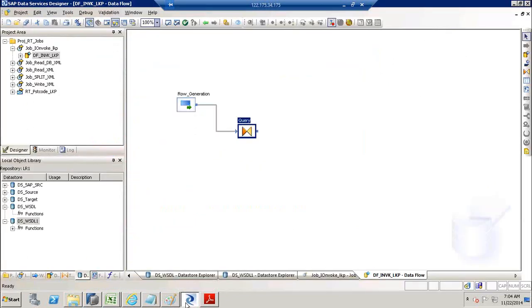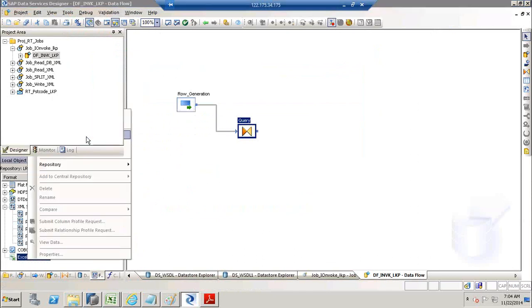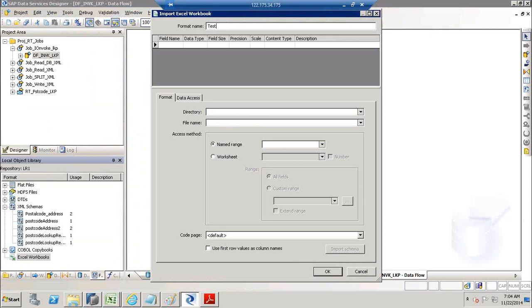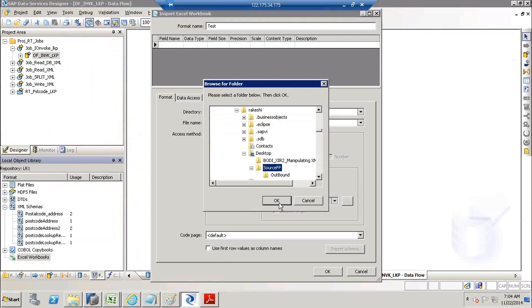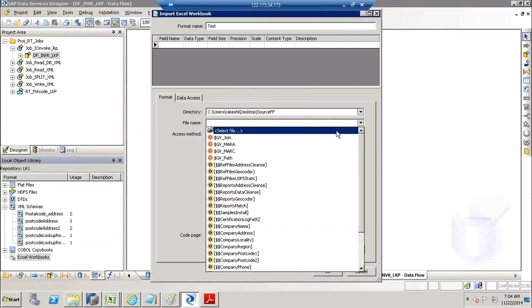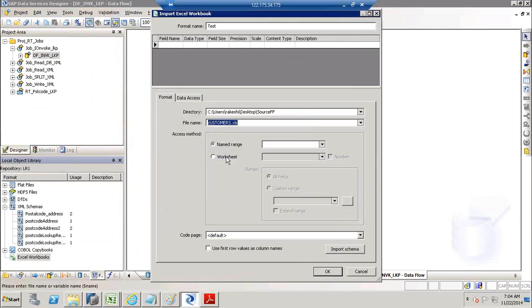So there is a bug in the version, we even wrote to SAP about this, so they are asking us to upgrade to some other service pack where they claim to rectify it, but I haven't tried it out. But the general bugs in 4.2: your web services will not work. You cannot add an Excel file to data services designer. If you just go and add an Excel file, it will say access directory or access database is not properly installed. And the reason that SAP gave for it is if your data services is installed on a